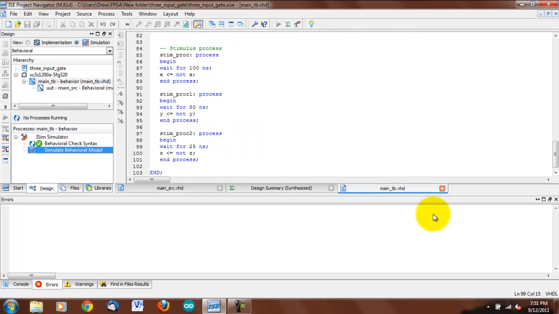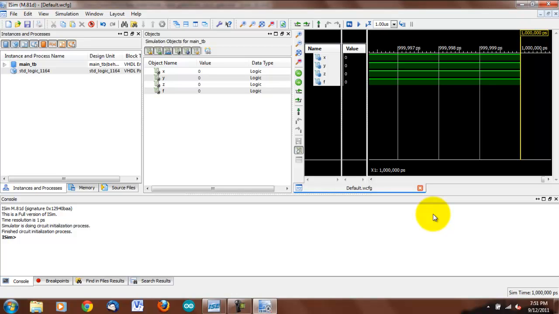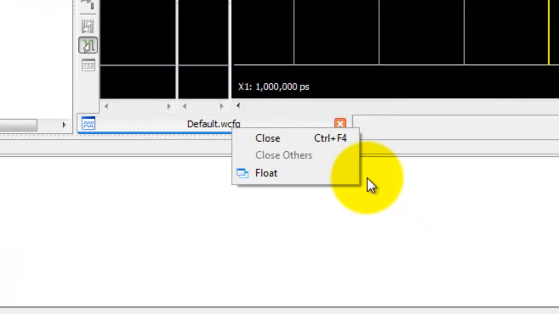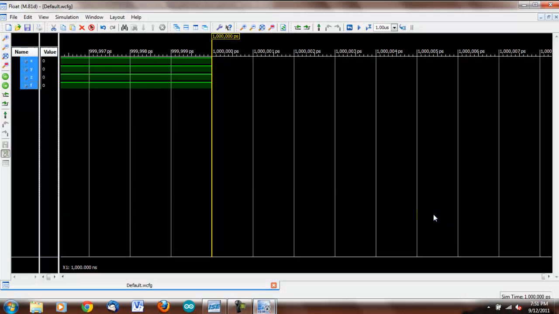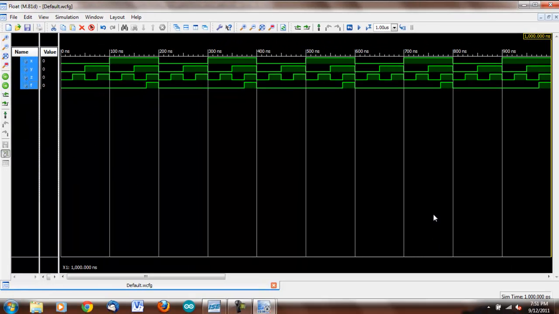And it's going to open up another window here for us. It's going to open iSim. Now it gives us our little window here that shows us graphical analysis of it. Let's blow that up. So to blow that up, right click on default wconfig there, and then click float, and that'll pull your graph out. And then if you want to blow it up so it's easier to read, click the zoom to full view, and now we can see our whole